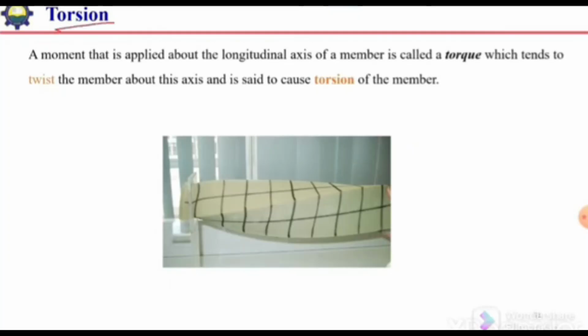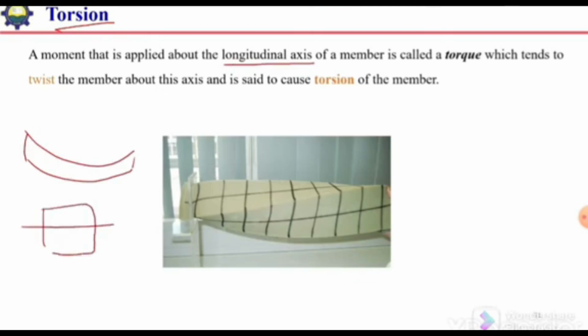Torsion is a moment applied about the longitudinal axis. In case of bending, we apply the moment about the transverse axis, about this horizontal axis, which we can say is y. So if this is x, and this is y and z, in case of bending, the moment is applied about this y or z axis, perpendicular to the